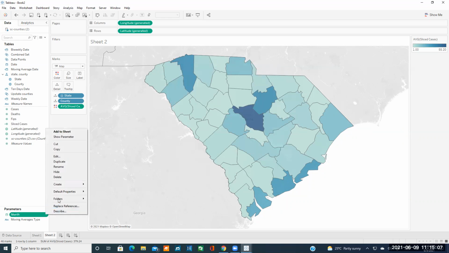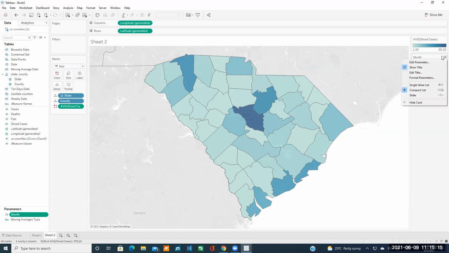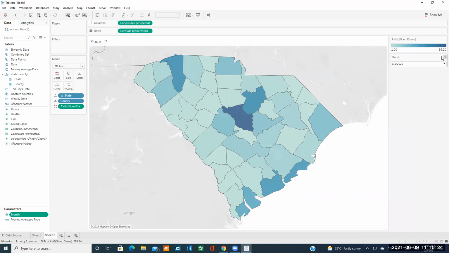Again, I'm going back to the month parameter and show parameter here. And the user has the ability to choose between different choices here. There are different types of things that you can customize for the user interface for the months. For example, here it's just a drop down or compact list, but you can give the user the ability to choose from, for example, this slider, to be able to change that. And you see that whenever I change that, it would change